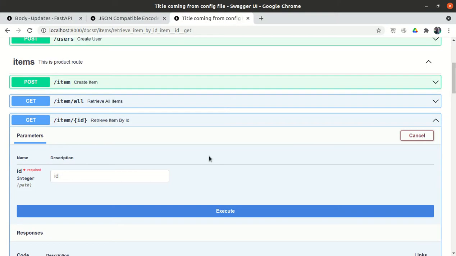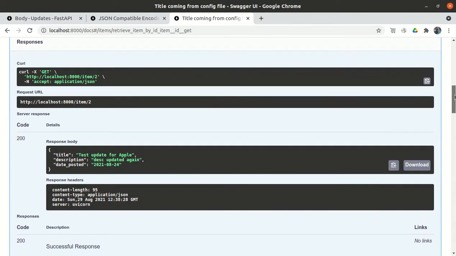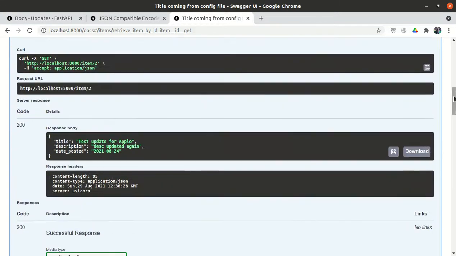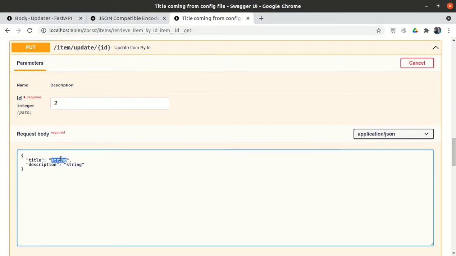First try to get the particular item. Let's try out item number 2. Item number 2 says test update for Apple, description updated again. Let me update that. For item number 2, let me change it to Apple, Fresh apples.